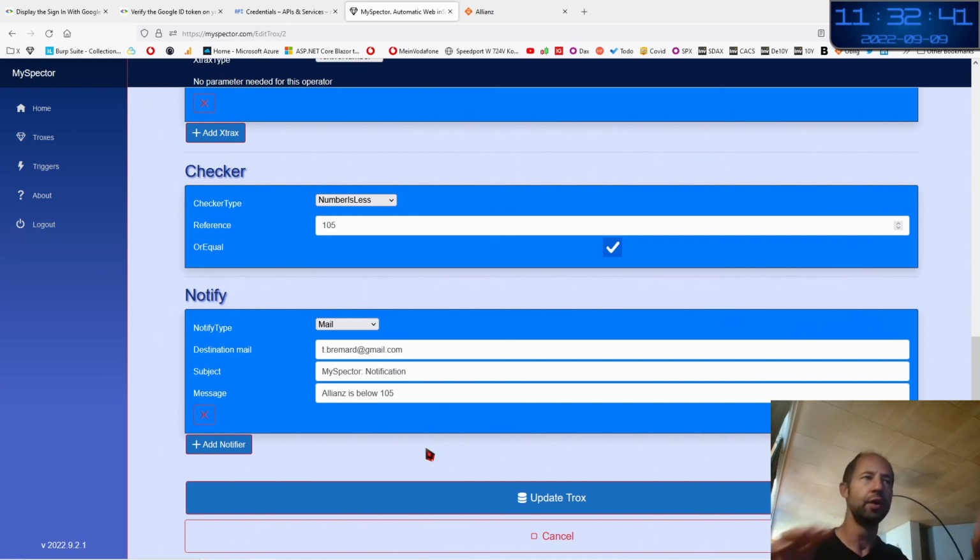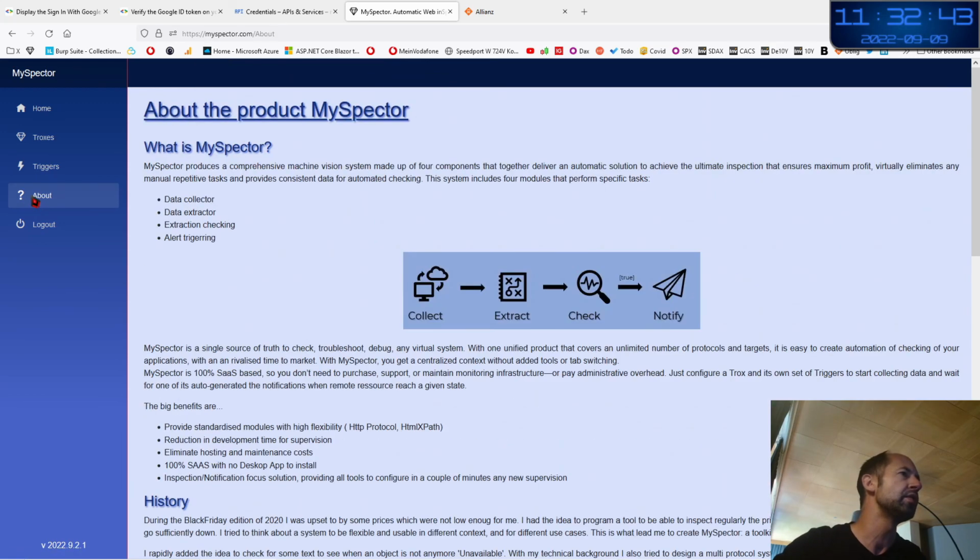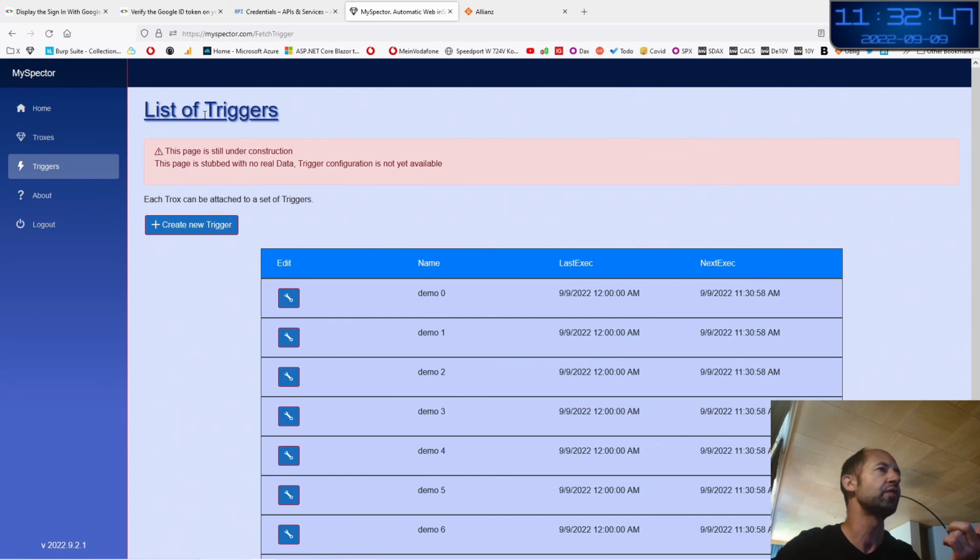This is the workflow. It is currently still under development. There are lots of triggers that are not yet done, but take some time also to help me and to give some suggestions. This is entirely done by myself with the Blazor server technology in C#.